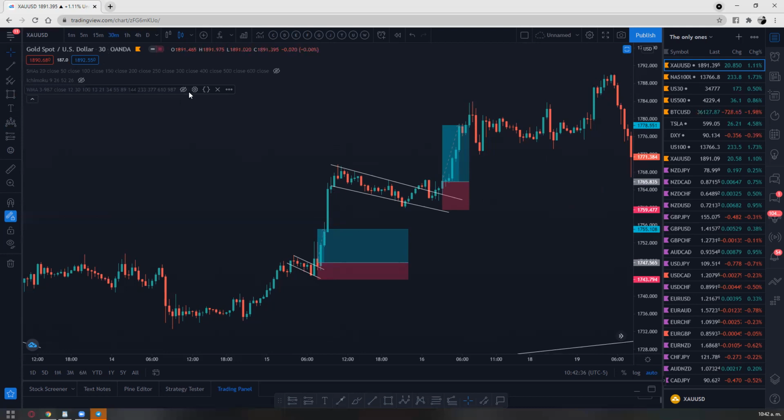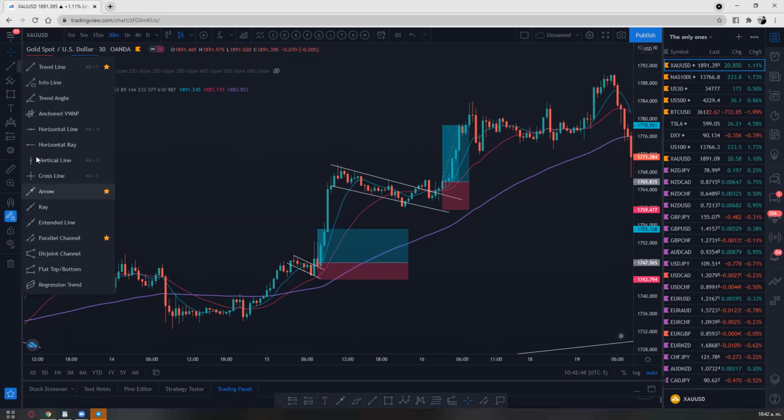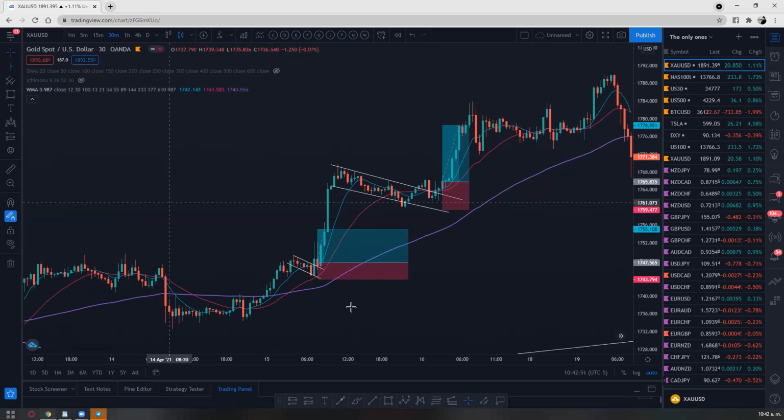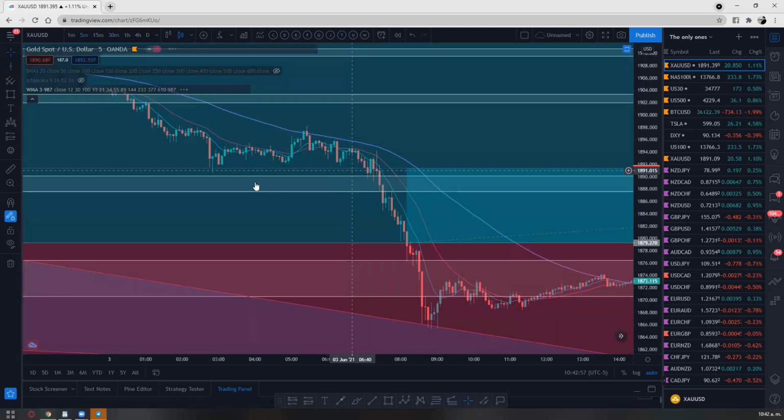So that's why my indicator, for example, at least this one here, the WMA, it will tell me. Of course, it's not going to tell me anything now because I'm on a 30-minute. And let's see. Let me put the line here. Let me go maybe 5 minutes. I'm gonna go with 5 minutes. Of course, I'm gonna have to go back.